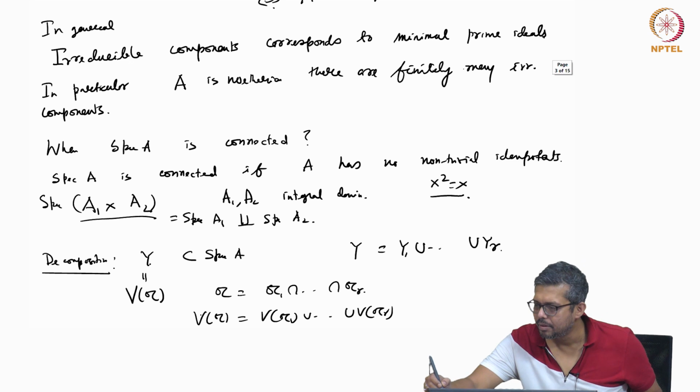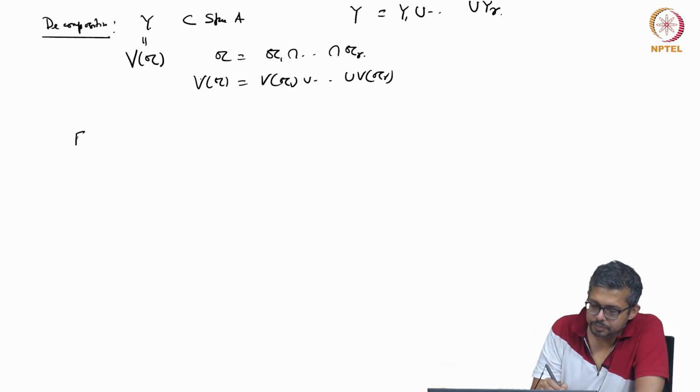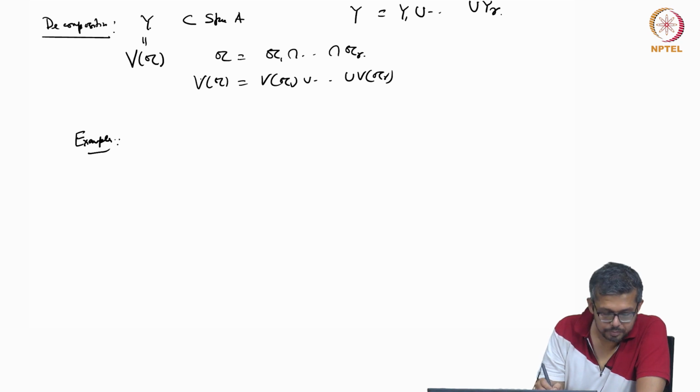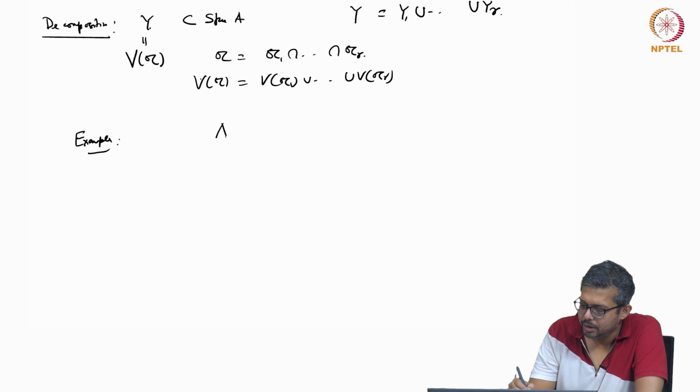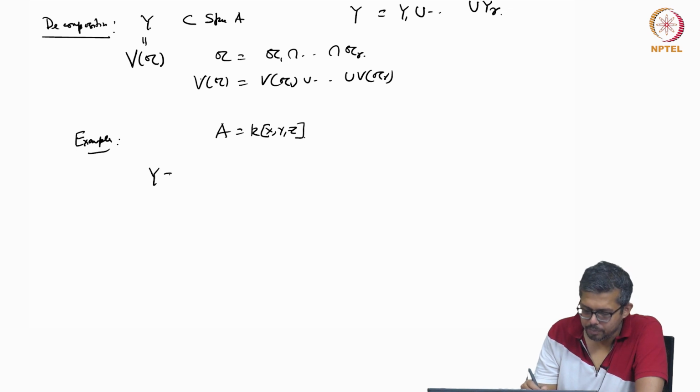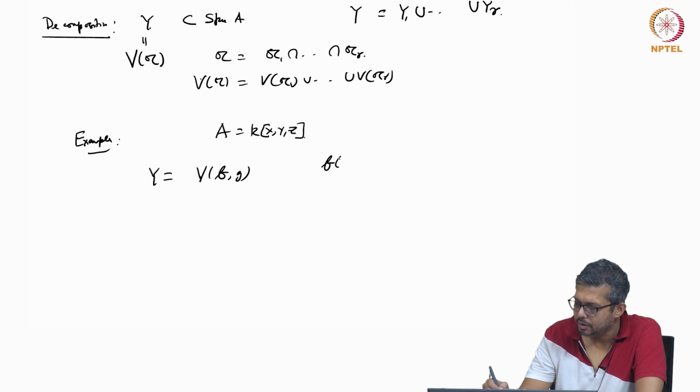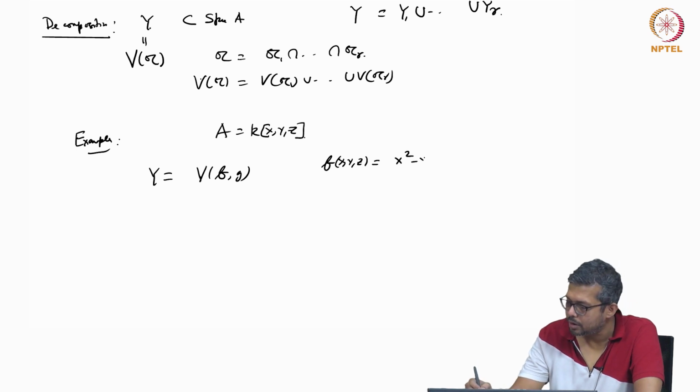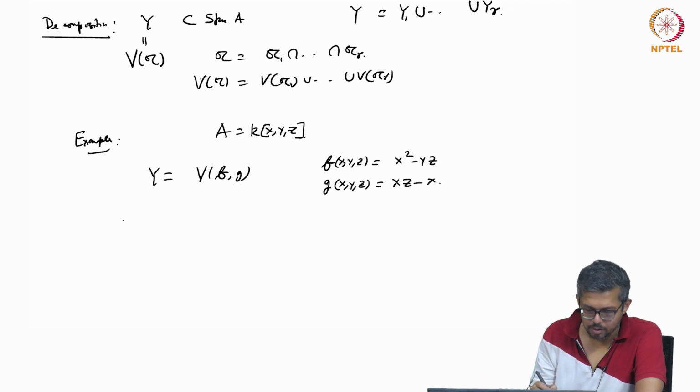So for example, if you take A to be k[X,Y,Z] and Y to be V(f,g), where f(X,Y,Z) is X squared minus YZ, and g(X,Y,Z) is XZ minus X. Then you write Y as